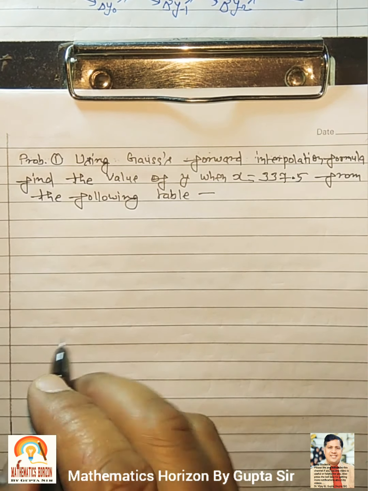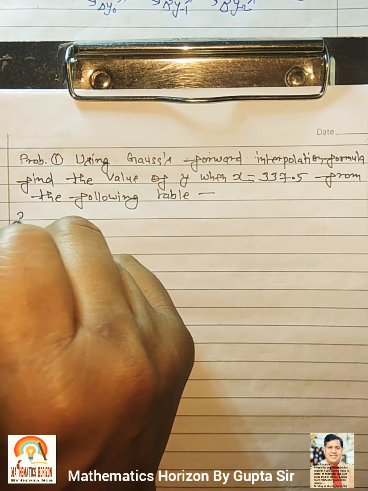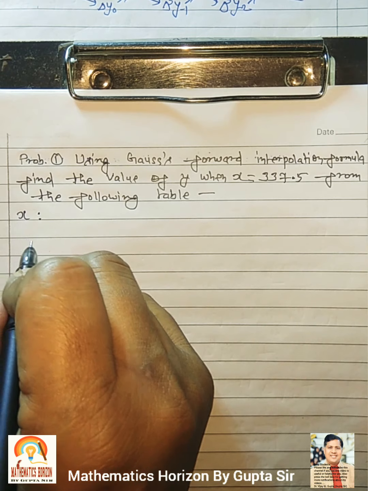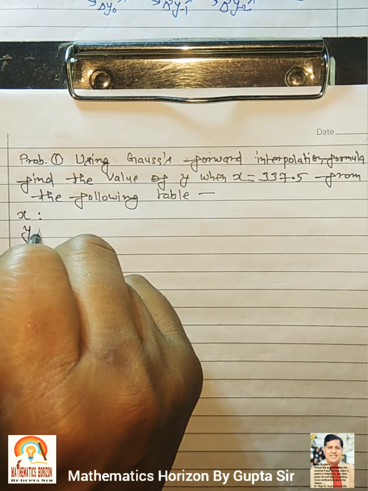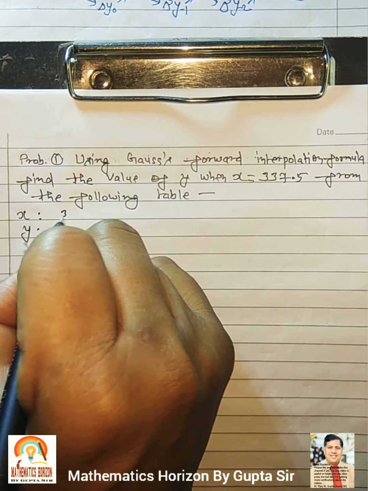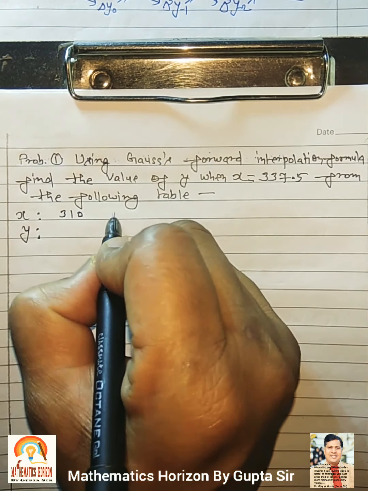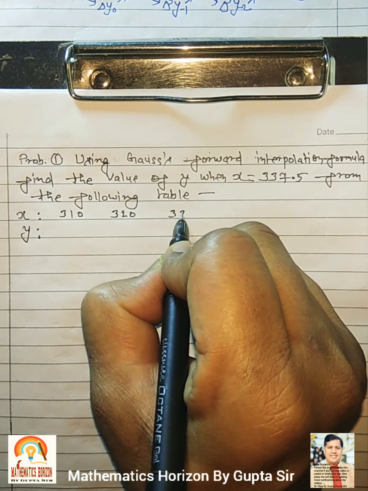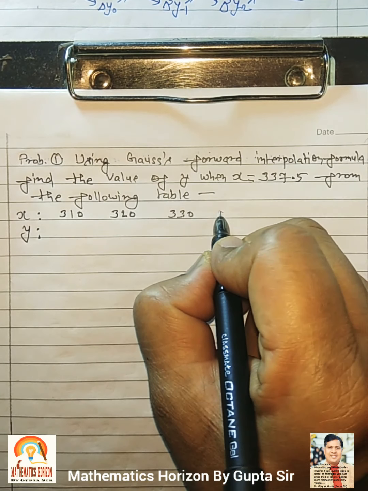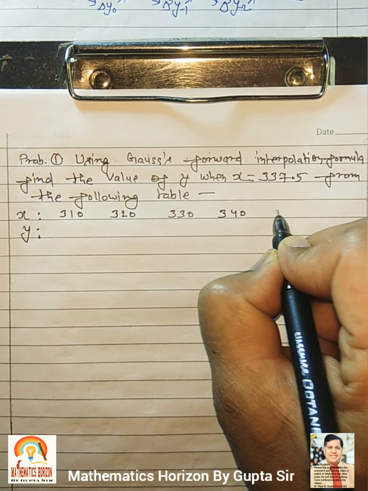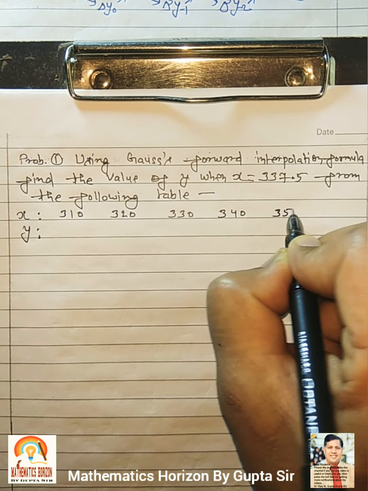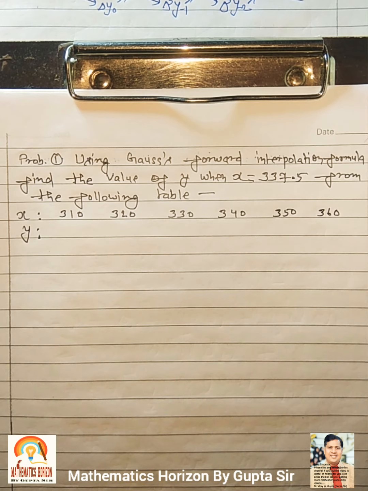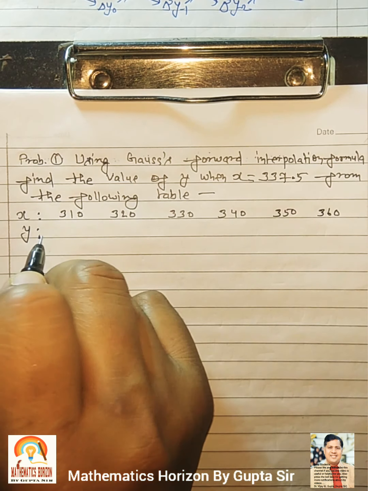Here data is given, X and Y: 310, 320, 330, 340, 350 and 360, and corresponding values of function are